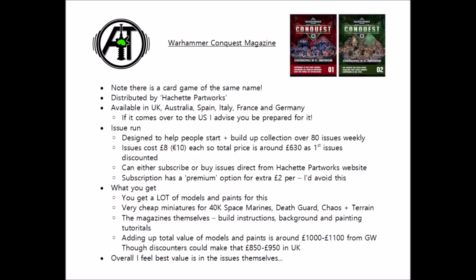Going back to the subscription briefly, you can also get a premium option, which means that you pay I think about £10 per issue, and you get a few extra bits including ring binders and things, but from what I've heard they're not particularly great over the cost of the standard one. If it is coming out new in your country, or might be in the future, then the standard subscription does